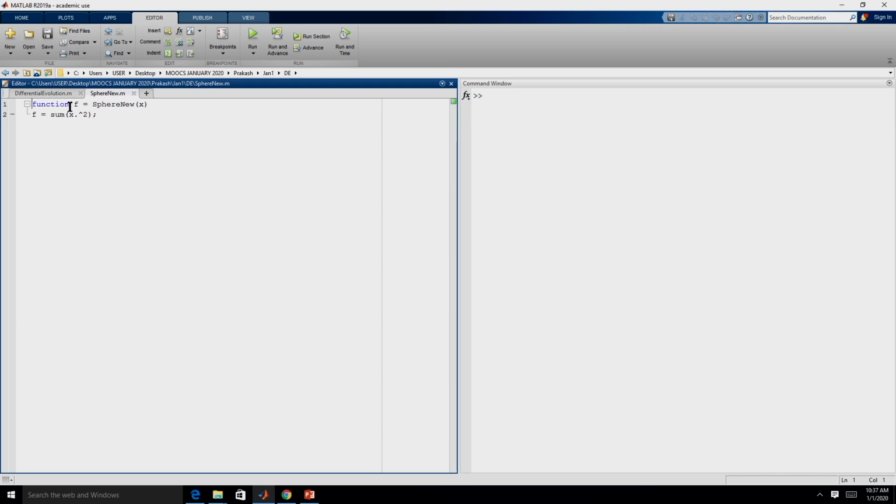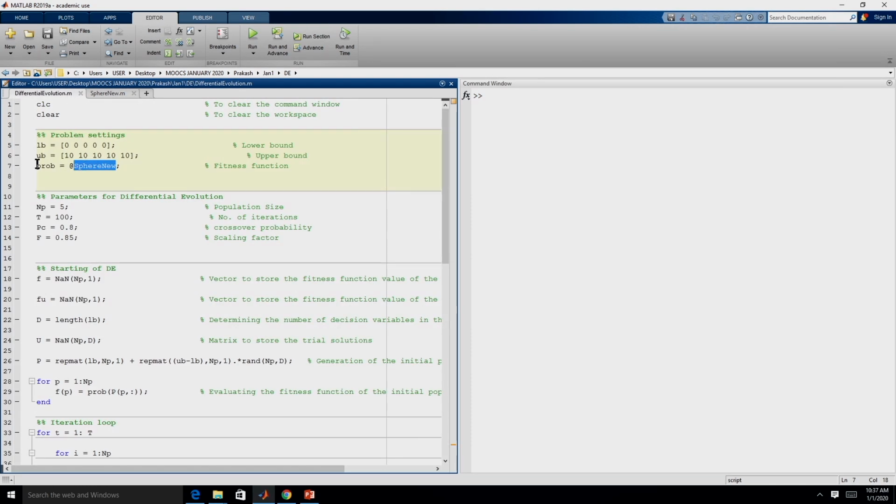We are calculating the fitness using this spear new function. Irrespective of the number of elements in X, each element would be squared and the sum of squares of all the elements will be stored in this variable f, and this is what is being returned. This is the same function which we have been using for the other 2 metaheuristic techniques. This prob will help us to determine the fitness function value. As and when we want to determine a fitness function value, we will use this variable prob, which in turn will access this function spear new.